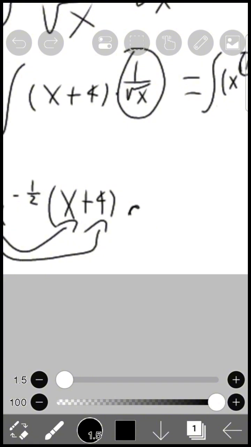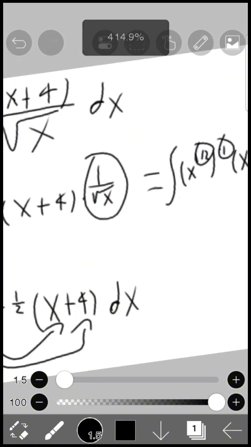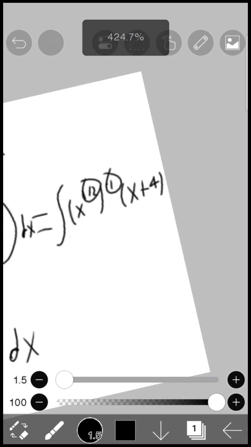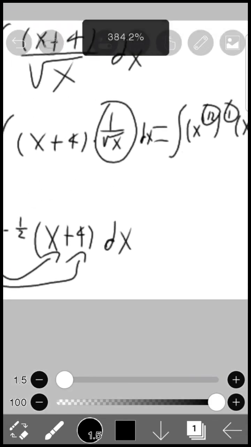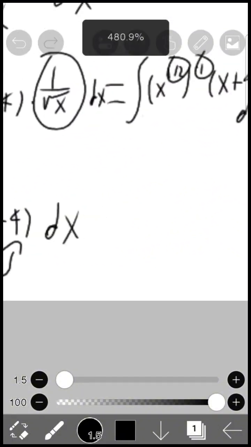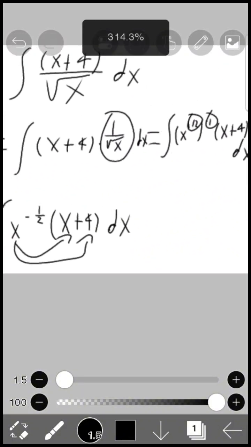Don't forget dx because the calculus people in the comments will kill me, since that's an important part of the integral. So anyways,